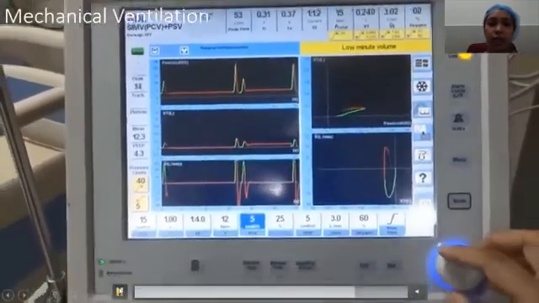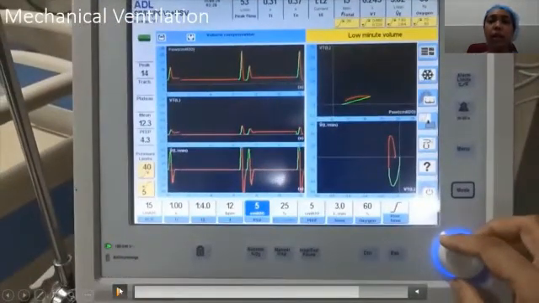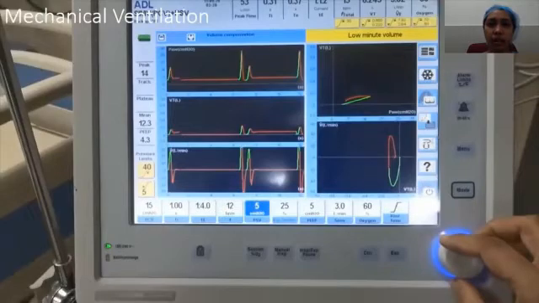Next, we move on to PSV. What is PSV? PSV is the pressure support ventilation. That is the inspiratory support which is given to all the spontaneous breaths taken by the patient. Usually, we begin with 10 and then it can be escalated as per the requirement of the patient's lung. The PSV values are to be kept slightly below the PCV values.